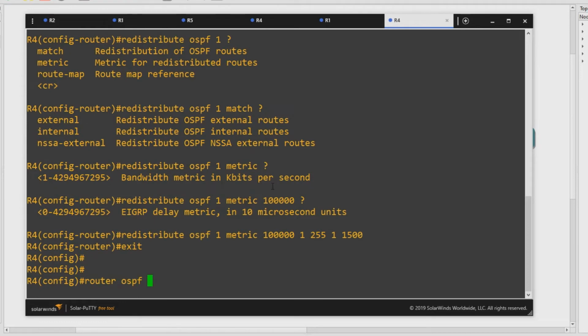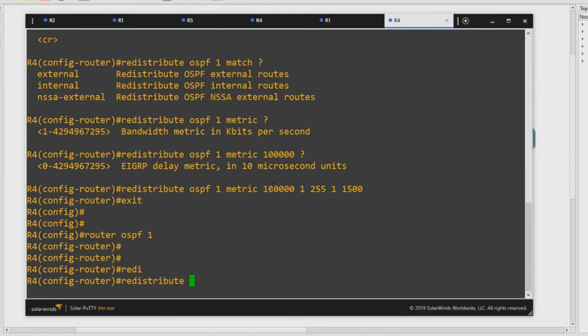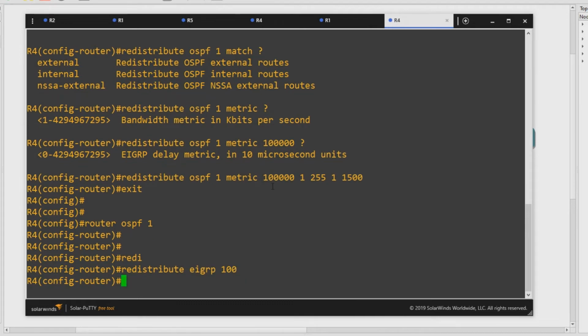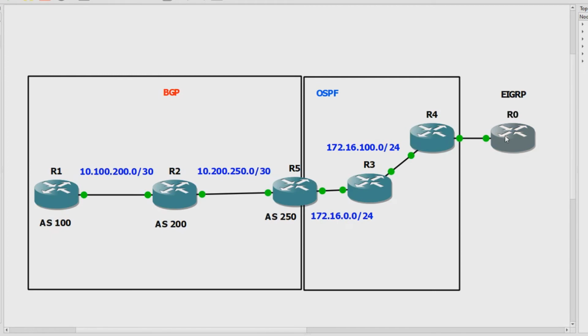Exit out of that. Router OSPF. And now if you're not following along here, you need to probably go back and watch the previous video, the lab video on redistributing between OSPF and EIGRP. But if you have, hopefully this is all making sense so far. And then autonomous system 100. That's it. So now, if I go into router 0,